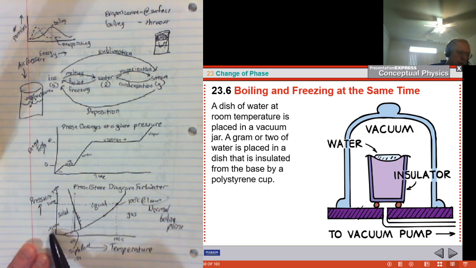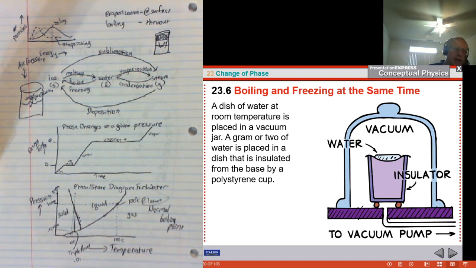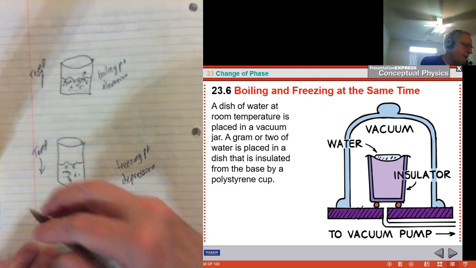If you go to 0.01 atmospheres, that's called the triple point. That is a point where, and we talked about this in chemistry, you can be both a solid, a liquid, and a gas at the same time. And I've done this before. I haven't used water, I'll probably link a video, and I'm going to make a note to myself and say link